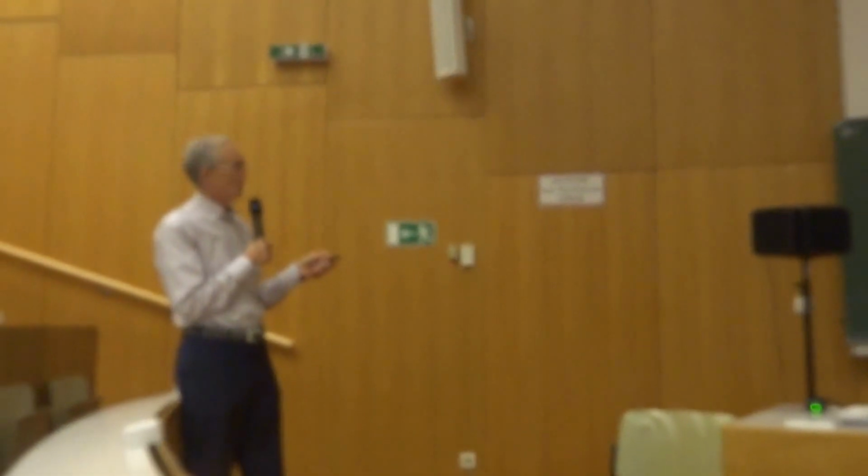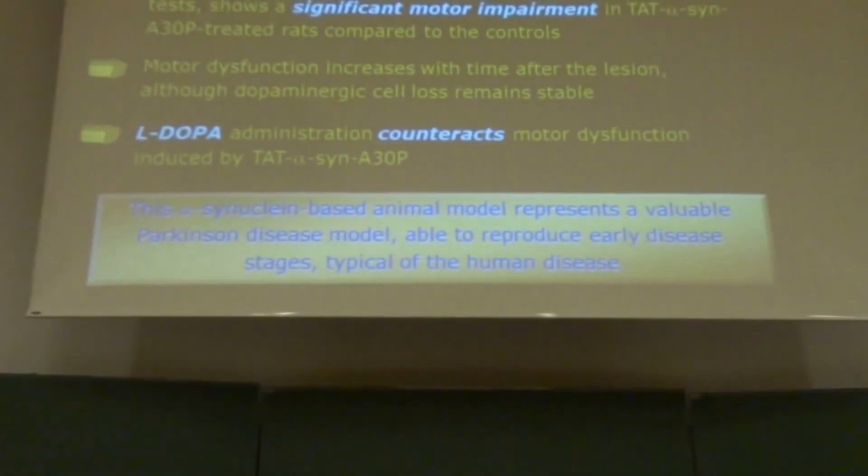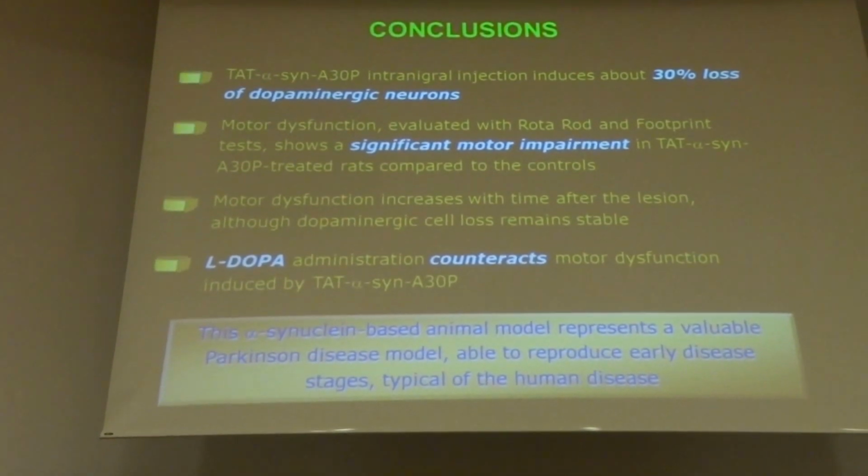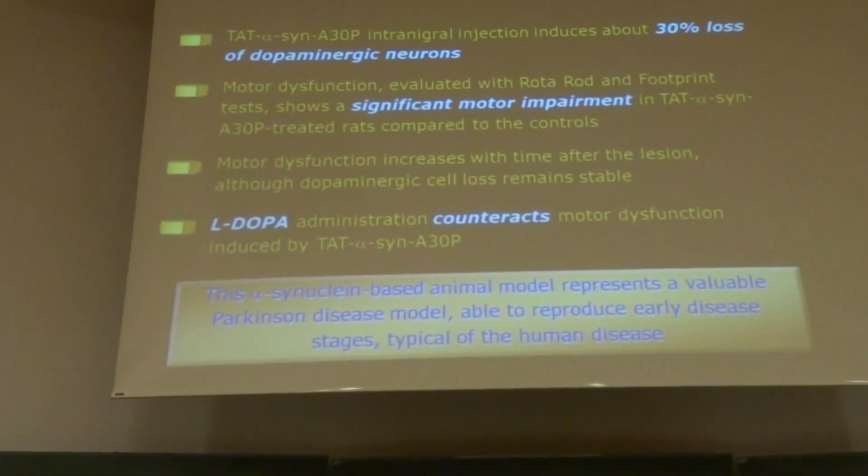And you can reverse this with L-DOPA as with the 6-hydroxydopamine model. So we think this actually is a better model than 6-hydroxydopamine for testing neuroprotective agents, which is something we are now looking